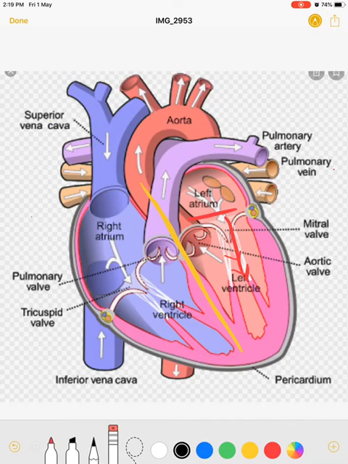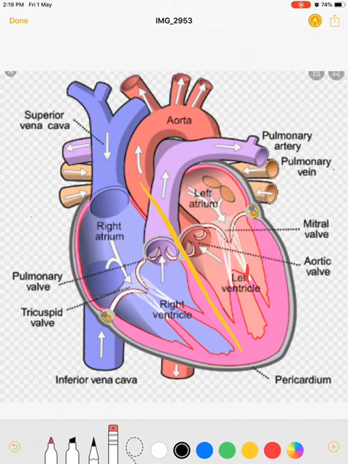And then again the blood a second time circulates from the left portion of the heart, when the pulmonary vein brings the blood to the left atrium, and from the left atrium to the left ventricle, and from the left ventricle to the aorta, and aorta to body parts. This is the systemic circulation of the blood.